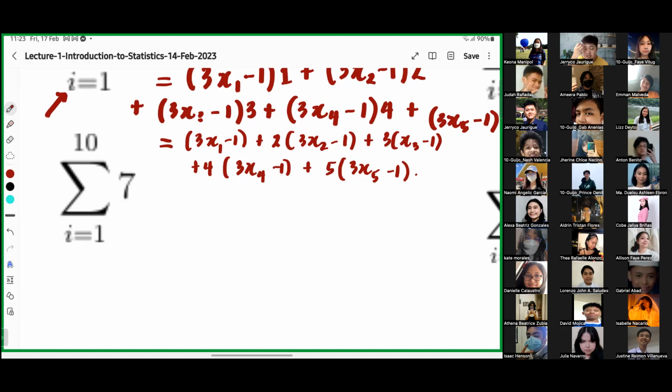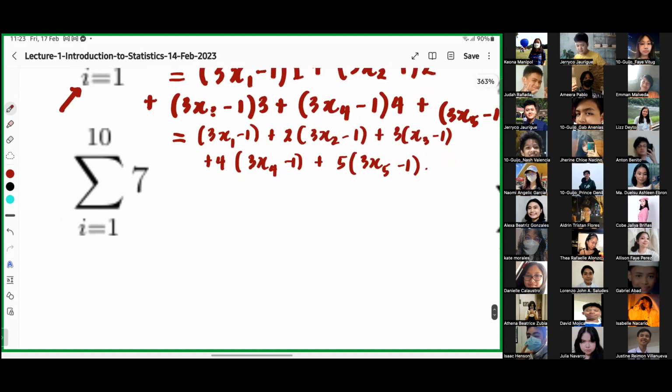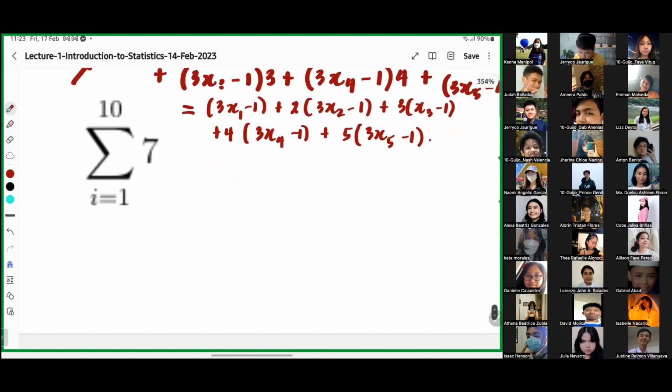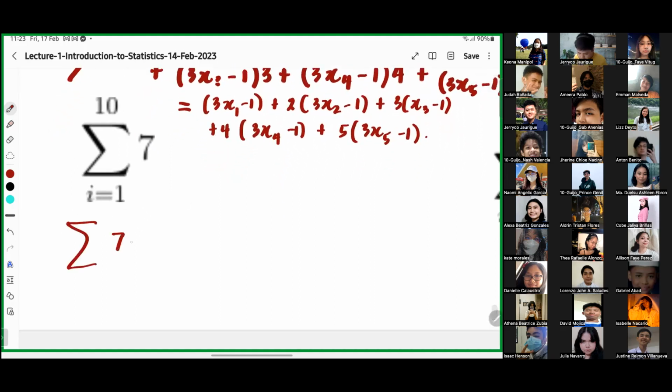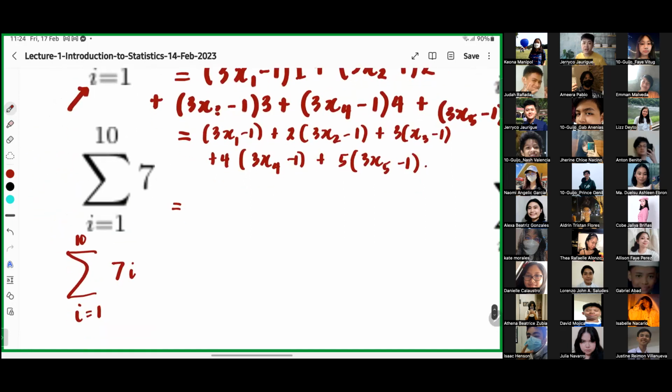Sino nga ba, Alexa? Si Kiona po. Kiona. Sige, paano to pag constant lang? Sir, 7 times 1, 7 times 2 po ba yun? Kung ganun yung mangyayari, ibig sabihin, dapat ang itsura na ay ganito: 7 times 1 plus 7 times 2. Kaso wala naman to eh. Tama ba? Wala siyang I doon. So ano lang to? 7 lang po. Oo, 7 lang yan.